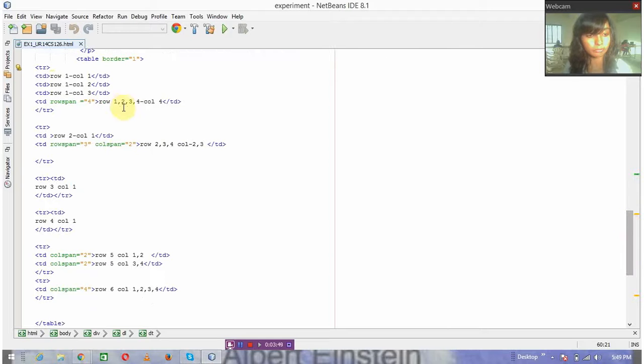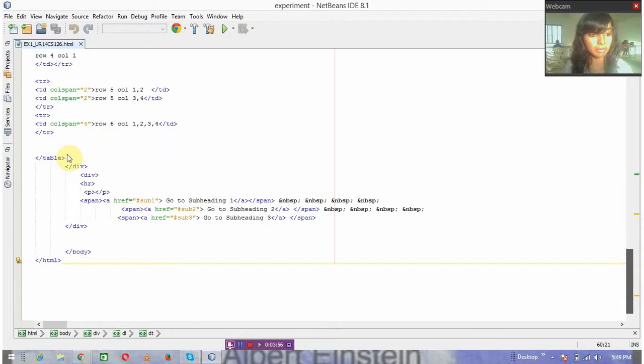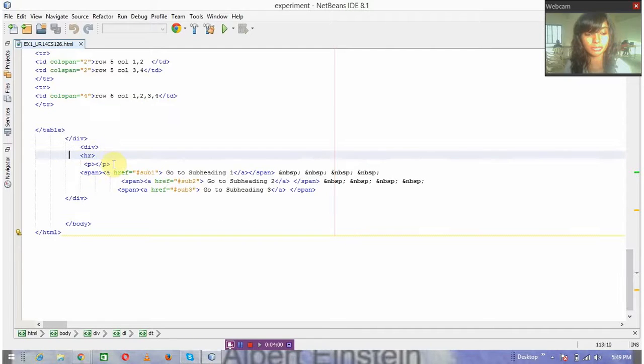After that, the respective fields to be merged are done that way, and then the table is ended here, and the third division is ended here, and then the links that are needed at the end.